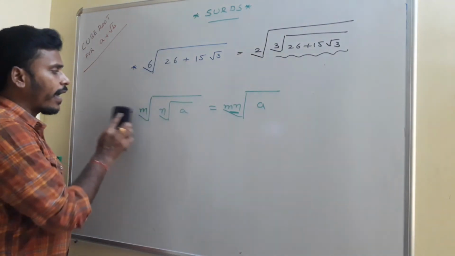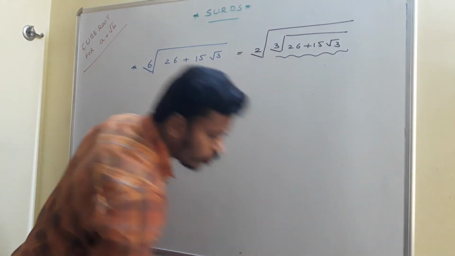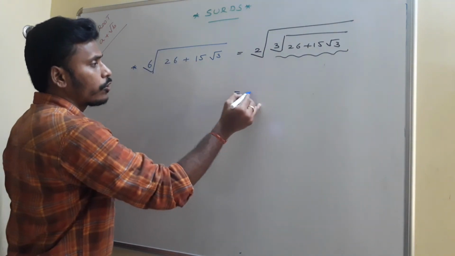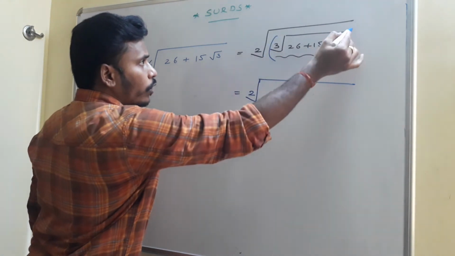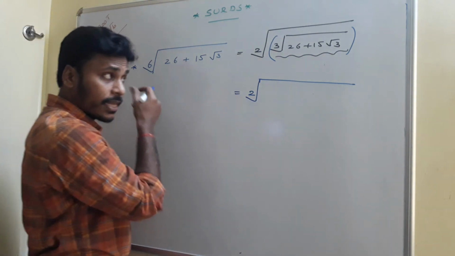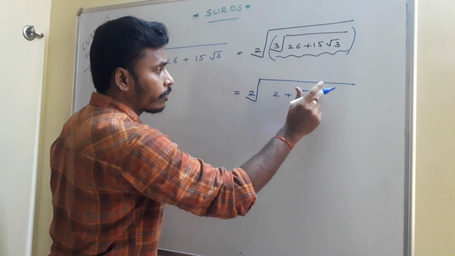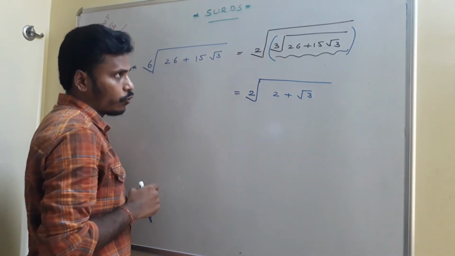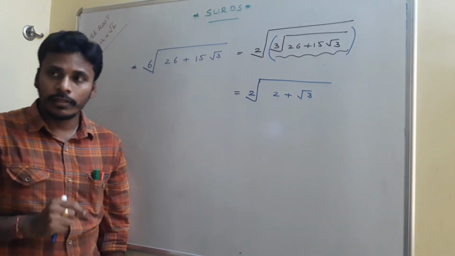For 26 minus 15 root 3, the first problem of today's class, we found x equals 2 and y equals 3. Is it okay? So this is equal to second root of cube root of this 26 plus 15 root 3. We found it in the first problem of today's class as 2 plus root 3. At that place, I gave you minus, so you got 2 minus root 3. But if it is plus, your answer is 2 plus root 3. Is it right? Just have a look.